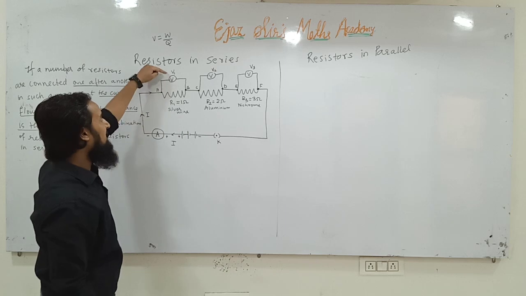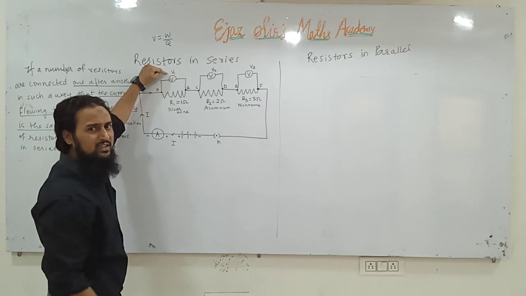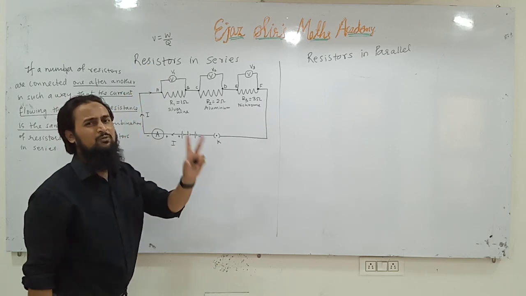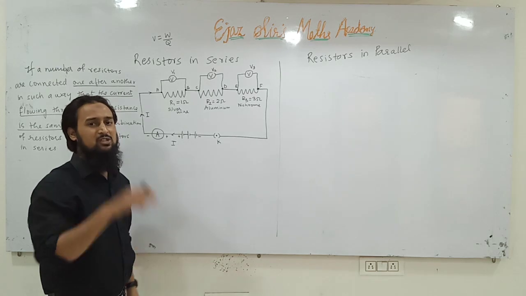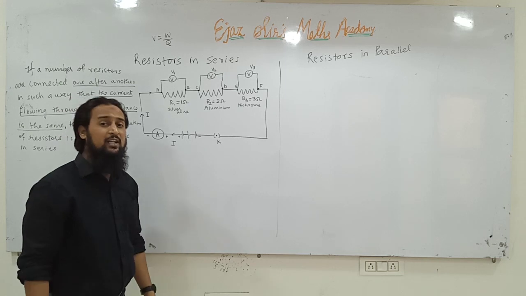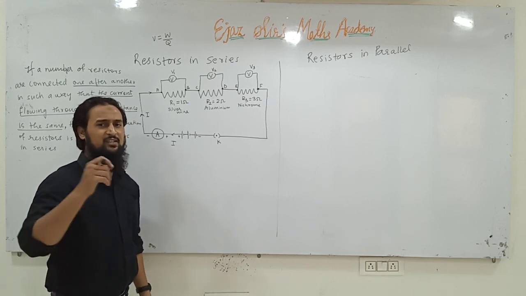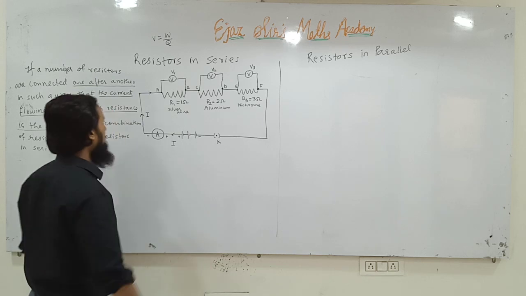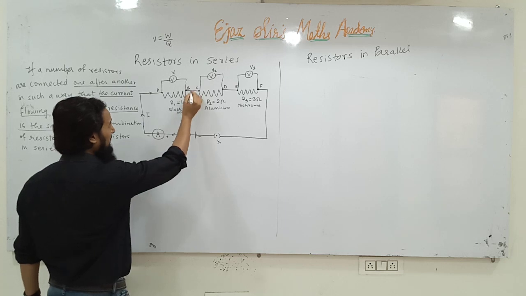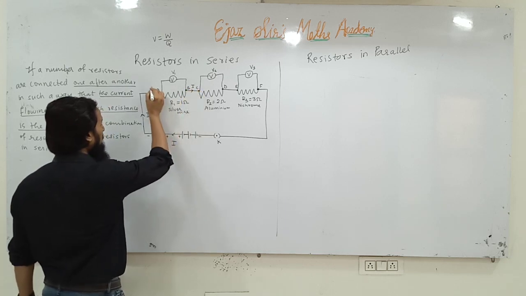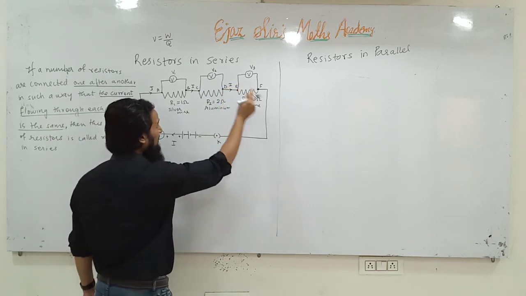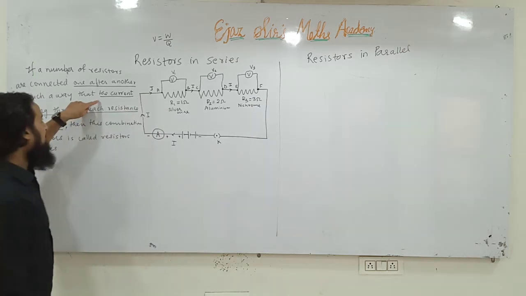We have to suppose that this is the ideal voltmeter. The reality is that there is no ideal voltmeter in the world. In every voltmeter, some amount of current really flows. But we have to suppose in this derivation that these are the best voltmeters in the world and they have infinite resistance, and since the resistance is infinite, no current will flow through them. So all the current will flow through resistor AB, and that same current I will flow through resistor CD, and that same current I will flow through EF, and that's why we call it a series combination.